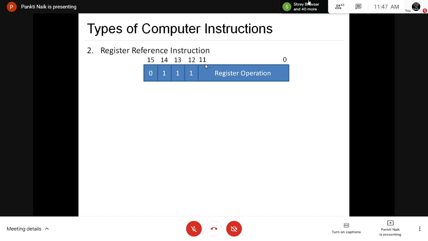Right? So if the 3 opcode bits in position 12 to 14 are not equal to 111, then it is a memory reference instruction, because for memory reference instructions, the 111 bits are not set for any instruction.